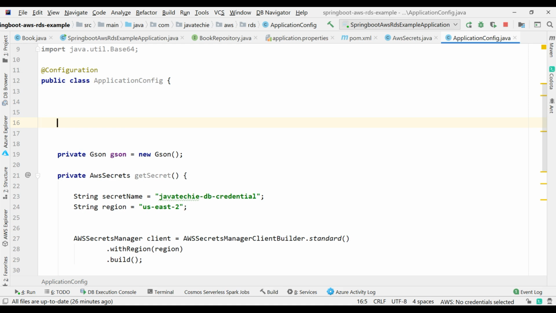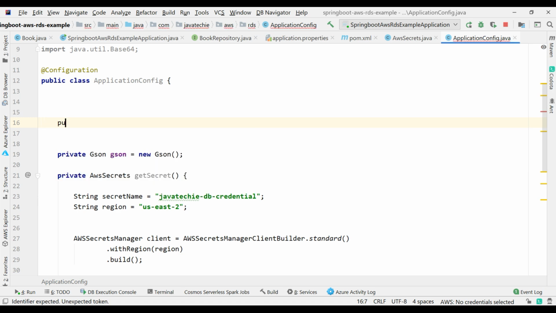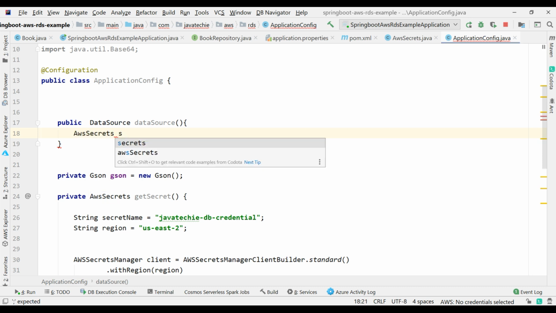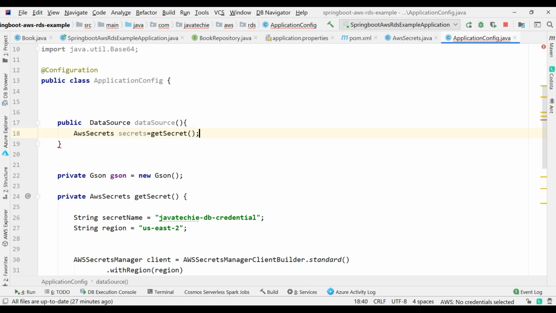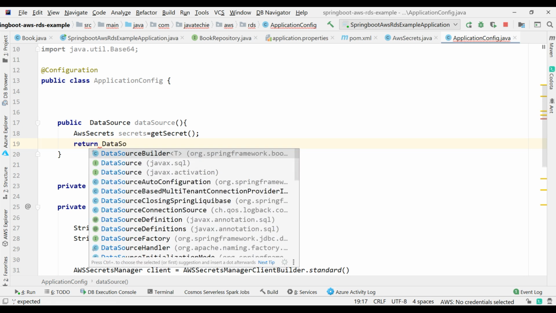So what I will do, just create a bean of data source, public data source, then just get the secrets from this AWS Secrets. So I will name it AWS secrets equal to this method call. Okay, now I will directly use return DataSourceBuilder.